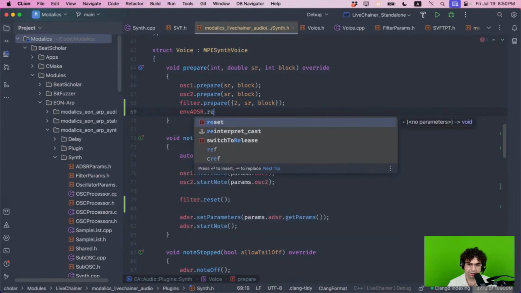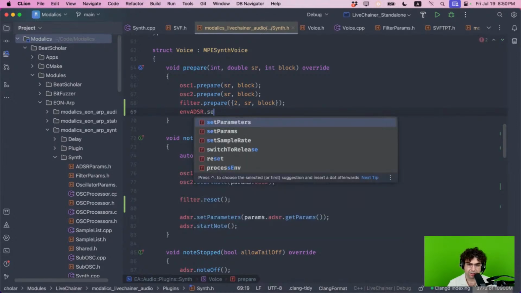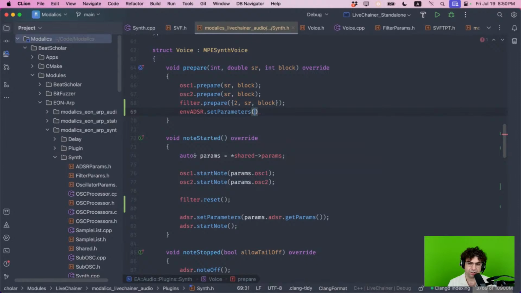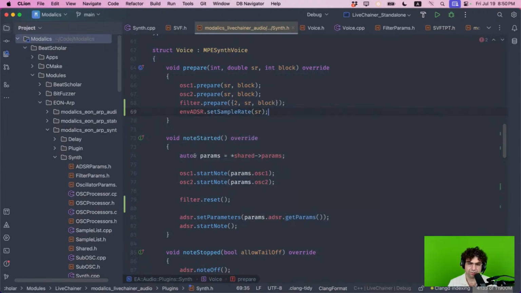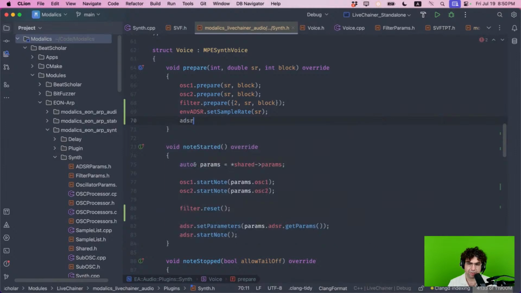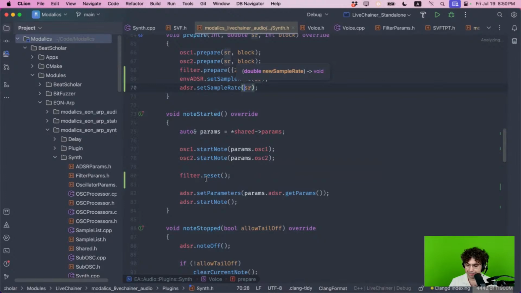Oh, I just realized I forgot to prepare the ADSR, which I probably need to do with the regular ADSR. I think it kind of worked because it was 4400 and it happened to have worked, but it shouldn't really work. So node started, and then